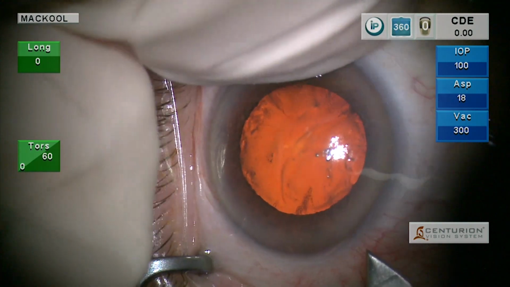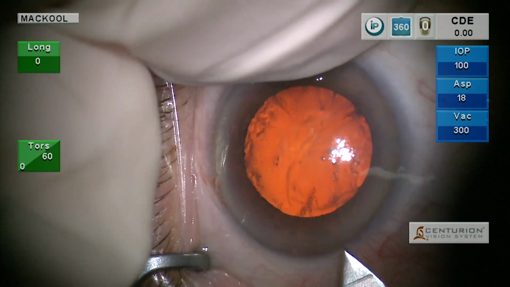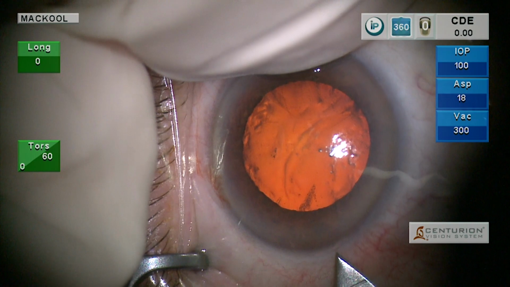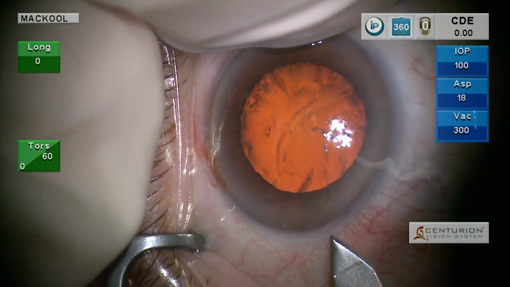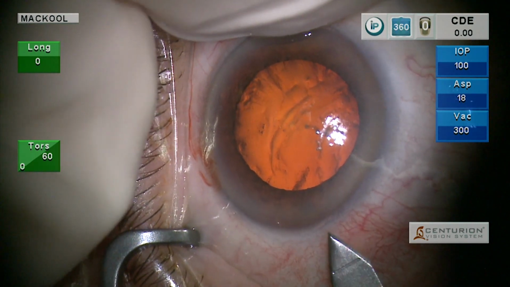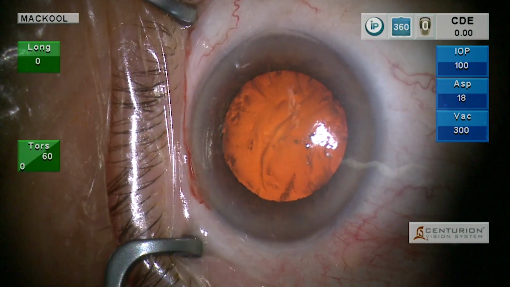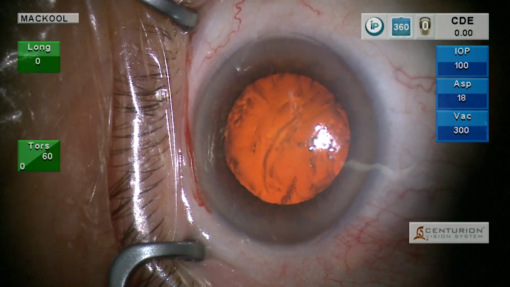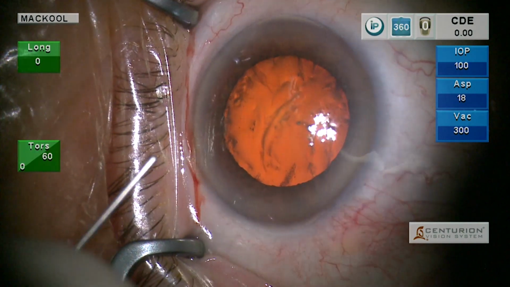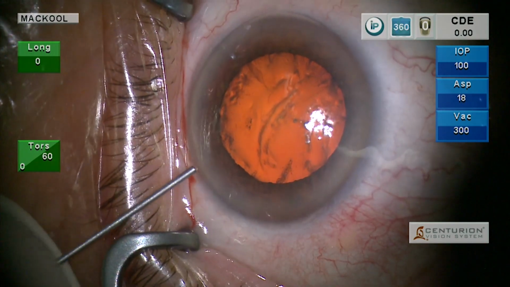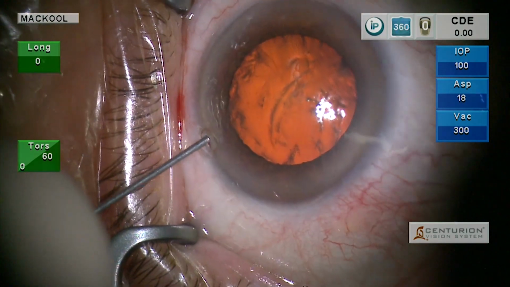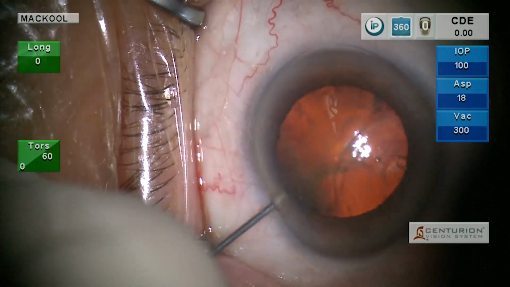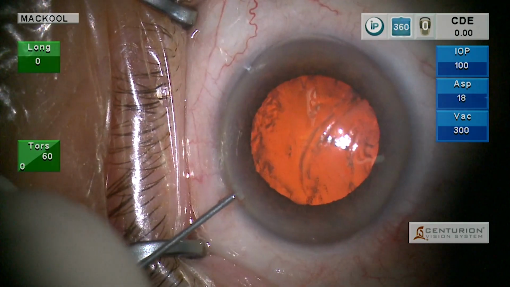So now what do we do to be able to get the eye in a position where we do a nice job, get the planes correct to make this incision? So what I'm going to do here is use that side port incision to position the eye. But if I just put a spatula in there, fluid will leak out and we'll lose the chamber. So what I'm going to do is